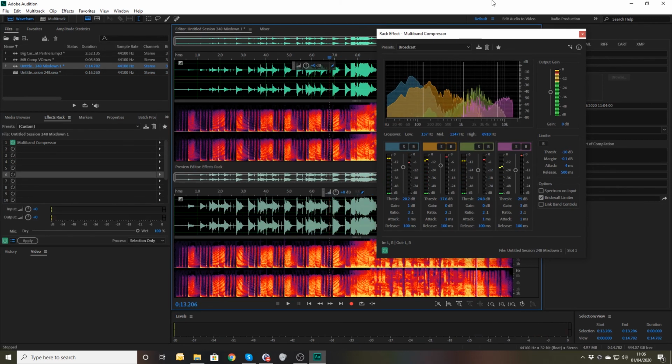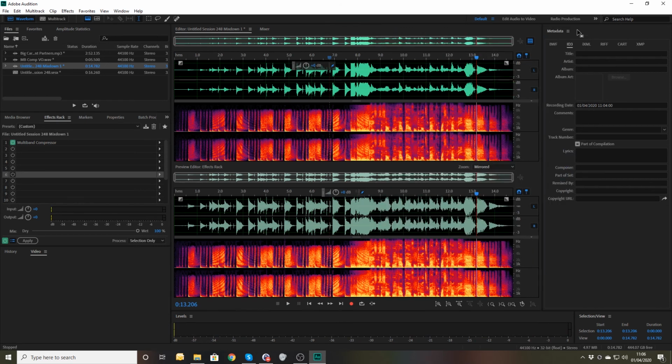You get a very, very compressed sound there. So yeah, do you know what? If you do want to use the multiband compressor, remember it is very powerful. Use it sparingly. There are a lot of presets in there which will help you get started and hopefully help you understand the setting of the different bands and the setting of the compressor for each band, because it's just